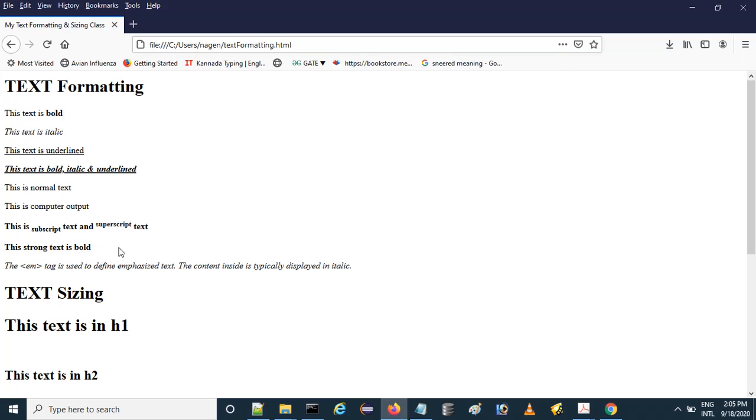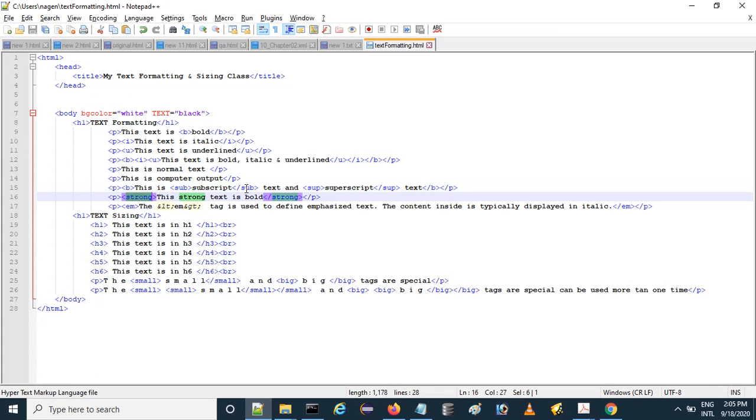Okay, there is one more tag for formatting called strong and EM. Strong means it is bold. Strong is nothing but bold, and EM, emphasize, is nothing but italic. Just to note these commands: B for bold, I for italic. Similarly, strong is also bold, EM is also italic, U for underline. And sub is for subscript, sup for superscript. Note these two commands also.